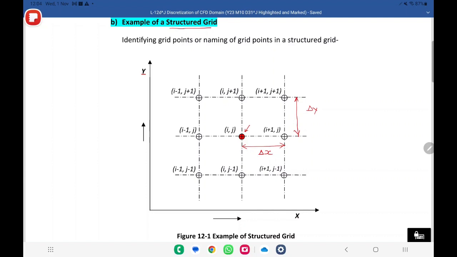So if the name of this is i,j, what is the name of this? i plus one, j. What will be the name of this? i plus one, j plus one. This will be i, j plus one. This is i, j minus one. So numbering is very easy, and if you want to find out the x and y value of each, it is easy. It's called structured grid. This is the simplest structured grid. Okay,